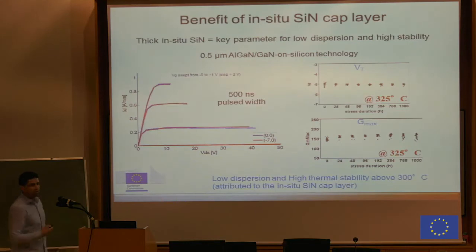Also in another project, an old one, which was funded by the European Commission, called GREAT, we did at that time a 0.5 micron technology, GaN on silicon. And again, I don't have time to explain the pulse measurement. Some people know it here, but